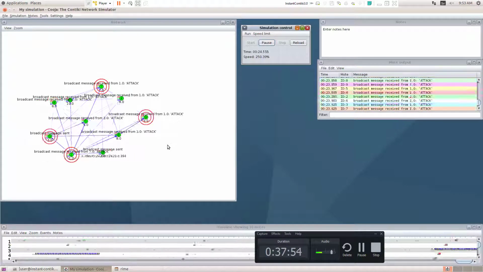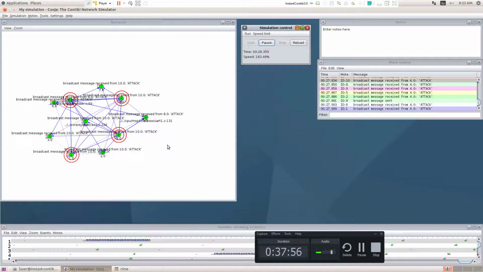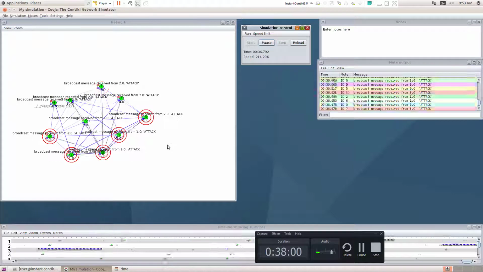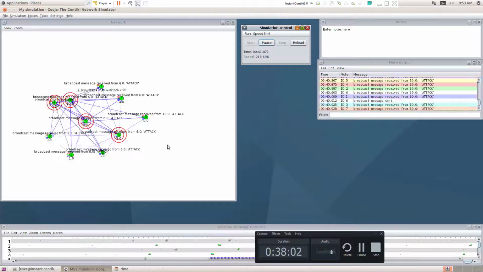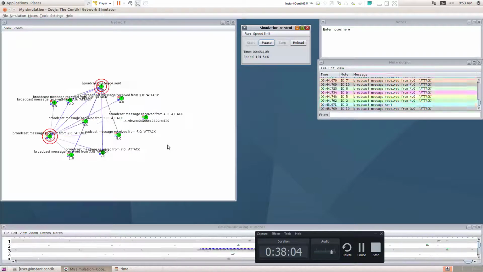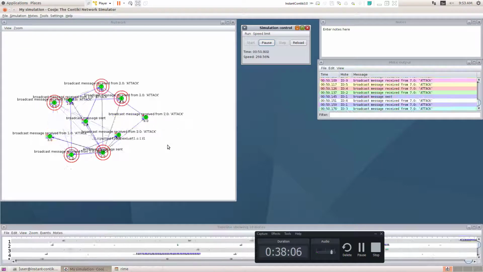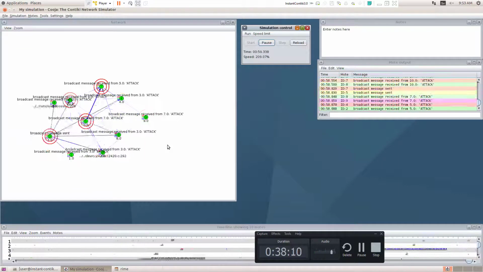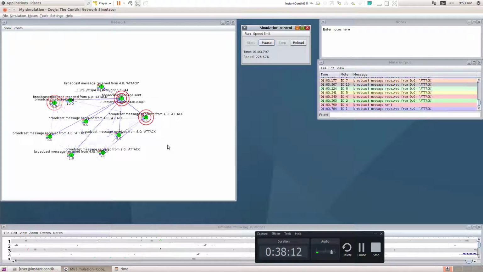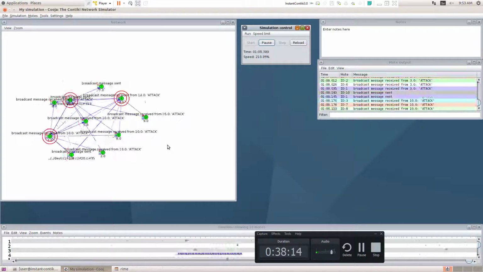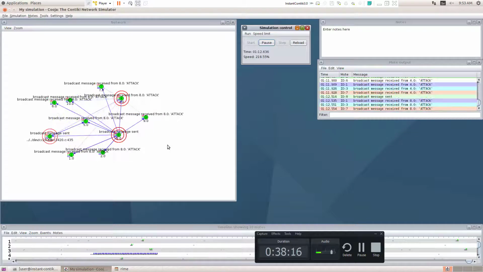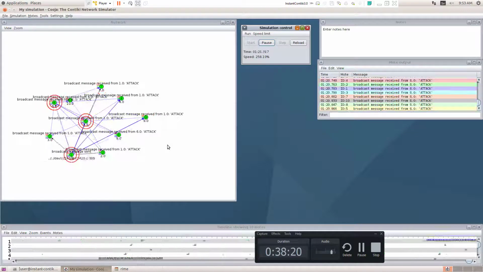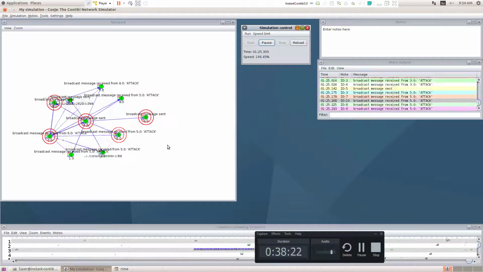Because we reduced the delay. Previously it was taking 2 to 4 seconds to send a broadcast packet, but now we reduced it to 2. So that means 0 to 2 seconds only it will take to send the broadcast packet. So plenty of broadcast packets will be sent now. Now your topology is getting a lot of attack packets, not attack packet, it is a broadcast packet. The name of the packet is called attack.